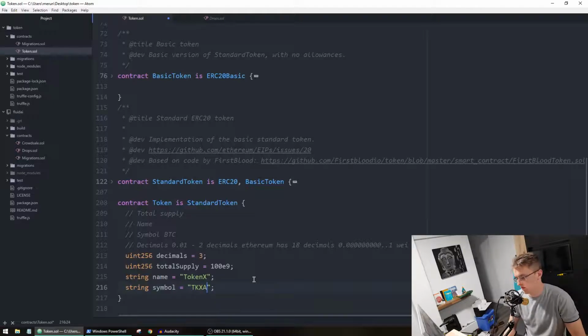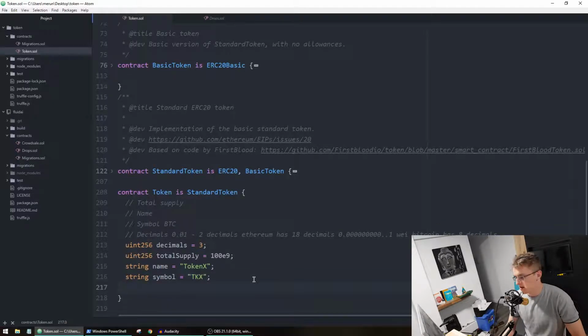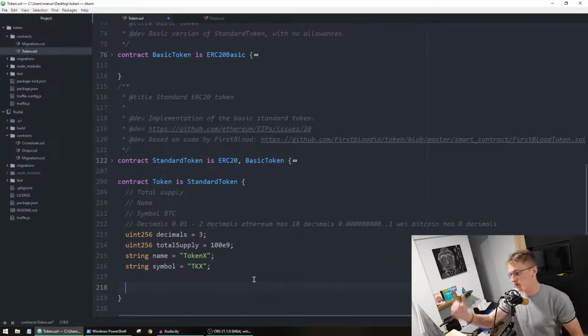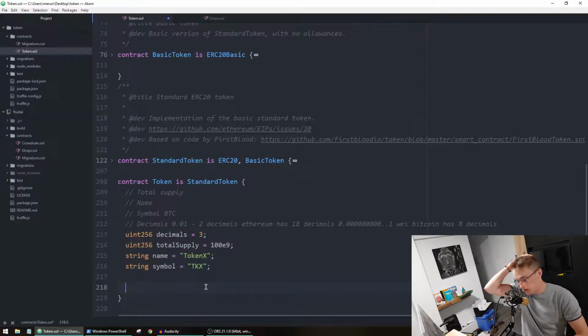You can write 4 or 5 letters, even 6, it doesn't really matter, but people prefer to use 3 letters for defining the symbol. It's easier to find, easier to understand. And that's it. We have decimal, the total supply, the name, the symbol. Now, when you deploy the contract, all this is set up, all this is defined, but you want to get all those tokens to somebody, because you want somebody to have the tokens to distribute them later. There are different ways to distribute those 100 million tokens of the total supply, but